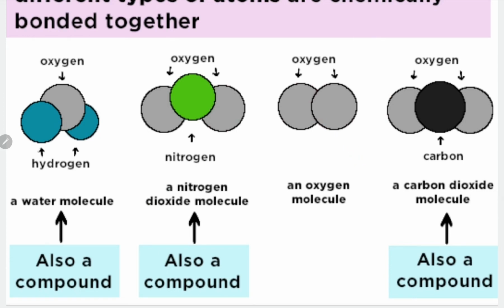ഇത് compound ആണോ? അല്ല. എന്തുകൊണ്ടാ? Because it is the same type of atom. So this is not a compound, but this is a molecule. മോളിക്യൂൾ എന്ന് പറയുന്നത് എന്താ? ഗ്രൂപ്പ് ഓഫ് ആറ്റംസിനെയാണ് മോളിക്യൂൾ എന്ന് പറയാം. അപ്പൊ ഇതെല്ലാം ഗ്രൂപ്പ് ഓഫ് ആറ്റംസ് ആണ്. ഒന്നിൽ കൂടുതൽ ആറ്റംസ് ഉണ്ടെങ്കിൽ നമ്മൾ അതിനെ മോളിക്യൂൾസ് എന്ന് പറയും. സോ വാട്ടർ ഇസ് എ മോളിക്യൂൾ, nitrogen dioxide is a molecule, oxygen is a molecule, carbon dioxide is